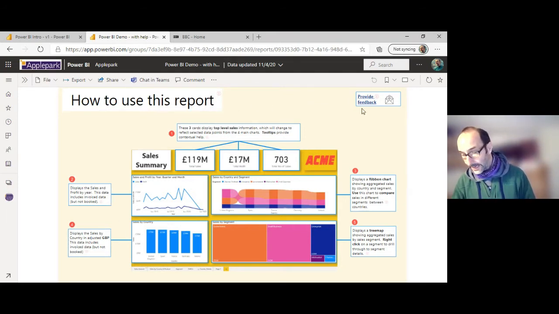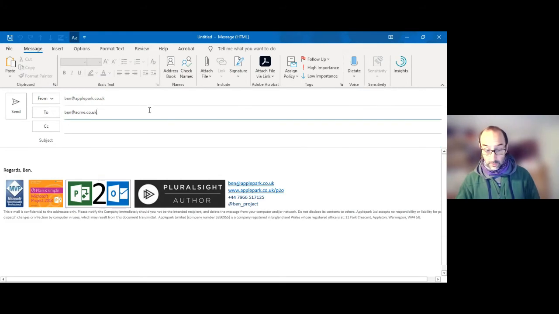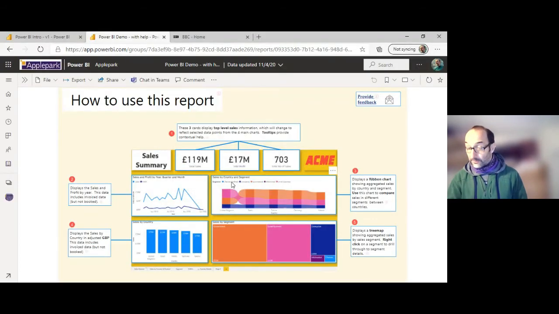The final thing that I've put on here is an ability to provide feedback. Again, it's got the same little help button there. And when I hover over the mail icon, it says mail to Ben at Acme. If we click on here, this is a clickable link and it opens up Outlook and puts the mail in there as well. So you can provide easy ways for people to provide feedback to you. So that's the first page. I pretty much will put that on every report, not a serious one, but if I think it needs it, if we're going out to more than 10, 20 people, we'll put that sort of thing on.